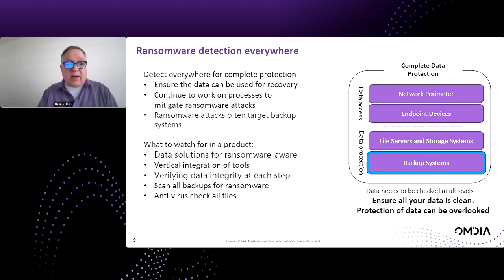ransomware attacks, as we were talking about, often target the backup. And so some of the things to watch: make sure you have data protection, air gapping, within your backup software. Make sure there's an air gap copy they can't get to. Make sure the controls are in place. If there's a logical air gap, make sure they can't get at that data, remove that data, or get after that data. It's really nice if you have a vertical integration on this complete data protection stack, so that you have one dashboard that can see it all, not a dashboard just for network perimeter stuff and then another dashboard for data protection.